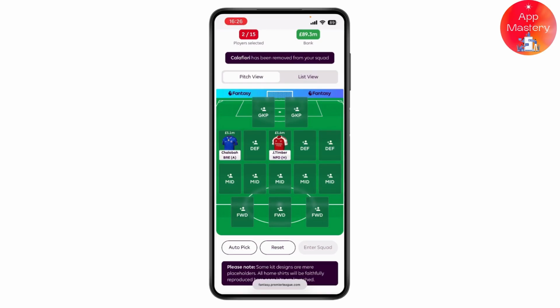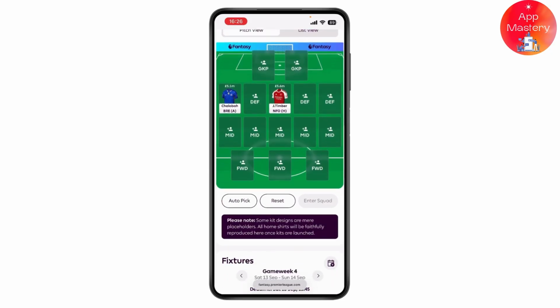This is how you can change the formation in Fantasy Premier League, and if you have any questions, feel free